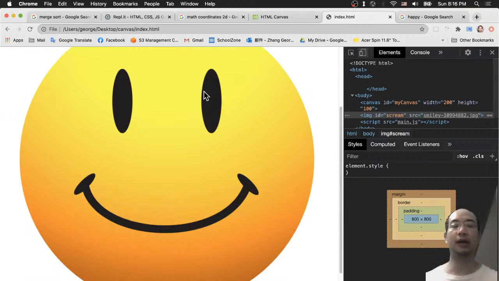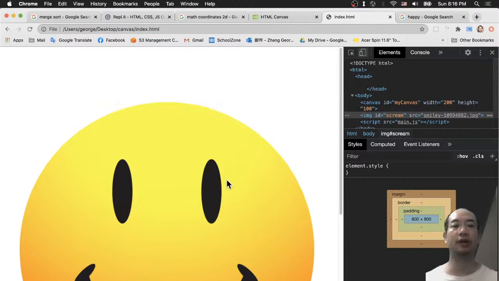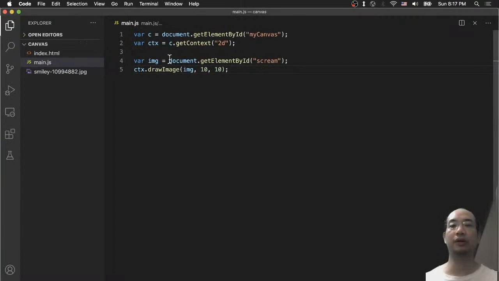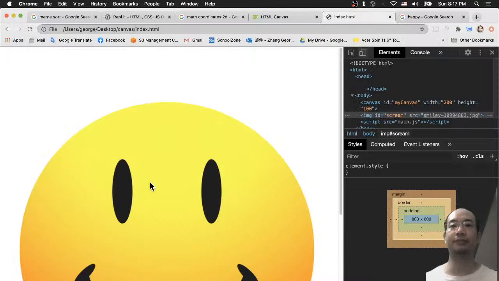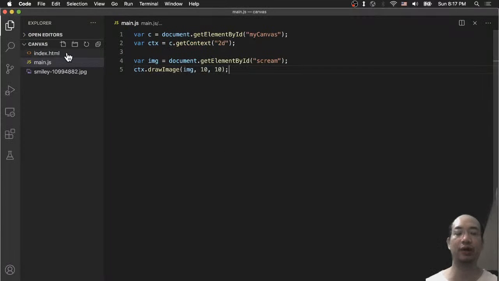At least you should have the big happy face loaded into your HTML file. All right, so I will give you like 3 minutes to download an image called smiley, the smiley face or whatever image you want, and you do this code, just load the image and try to draw the image